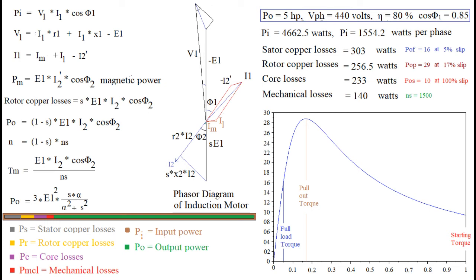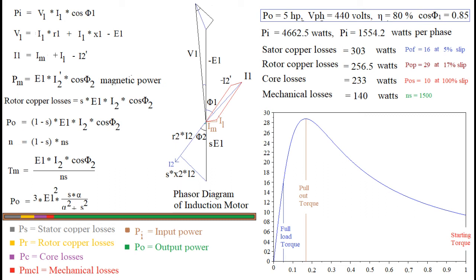Now let us consider a sample case of 5 horsepower motor. This motor shall be supplied with 440 volts, 3-phase, 50 cycles AC supply. This motor is considered to be performing at 80% efficiency and 0.8 power factor. We will consider division of power in the same percentage as shown in color diagram. Accordingly, various losses are shown below the specification of motor. Specification of motor that we are considering is written in blue box.